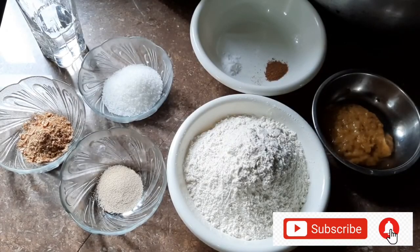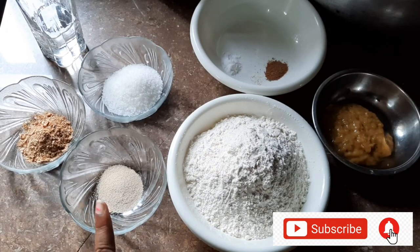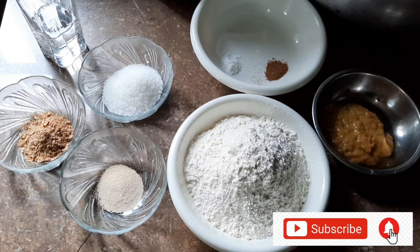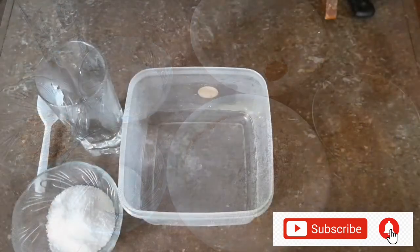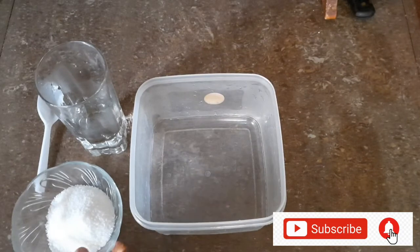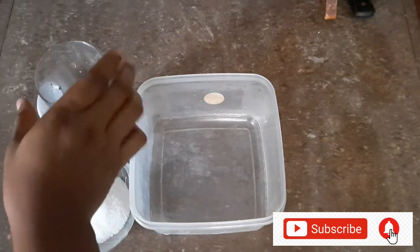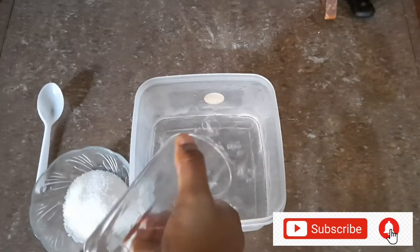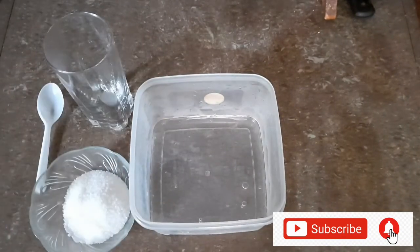Okay, so first thing first, we have to proof this yeast, and then we'll set it aside, and then we'll commence making the puff puff. So pay attention and then keep watching. Okay guys, so this is our bowl, then sugar, and then warm water. So we're going to move ahead to pour the warm water in the bowl, and then we'll be needing